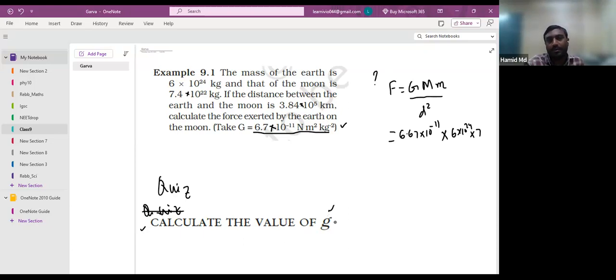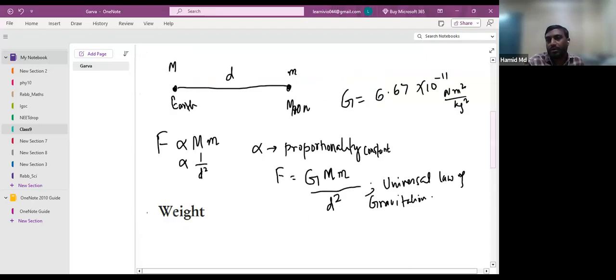Understand the problem? That will be equal to 9.8 meter per second square. How you will calculate, it depends on you. Now put 7.4 here, 7.4 into 10 raised to the power